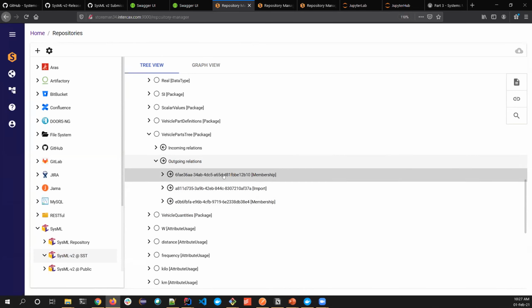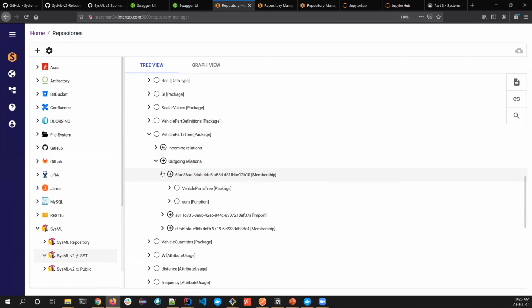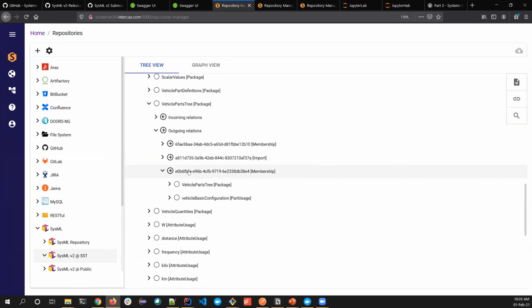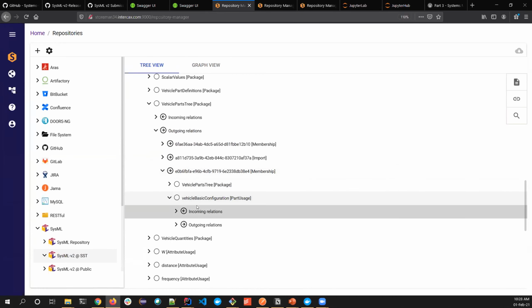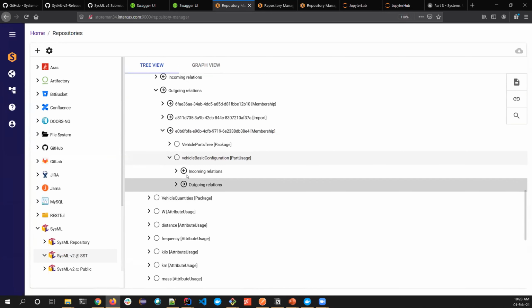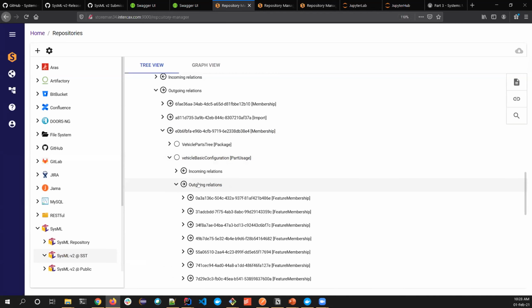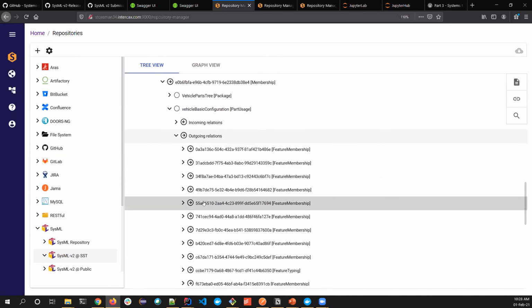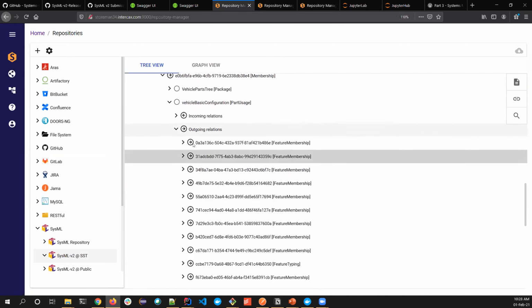So by default, this tool decides to render the UID of that thing here, but other tools may make other choices. Let me go to this one here. This relationship is from the vehicle parts tree package to the vehicle basic configuration part usage. If I expand that part usage, again, you can see, show me all relationships outgoing or incoming from vehicle basic configuration. And if I query for outgoing relationships, I can see a bunch of feature membership relationships from